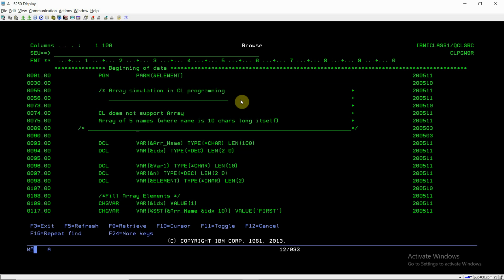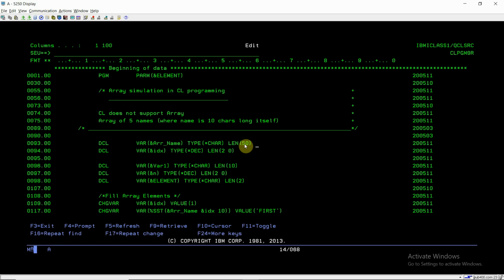Now for example, I have an array of 5 names and each name is 10 characters long. So the total length of the variable would be 50. For that purpose I have taken a character variable, or you can say a long character variable, of length 50 here.